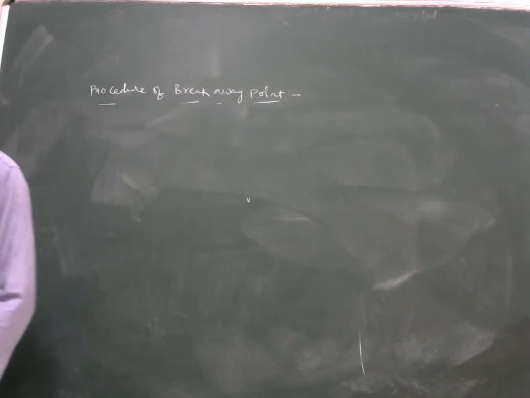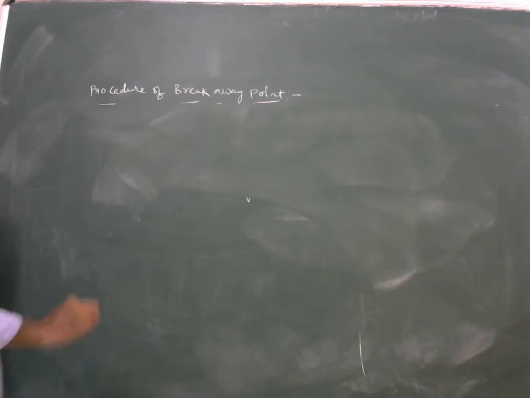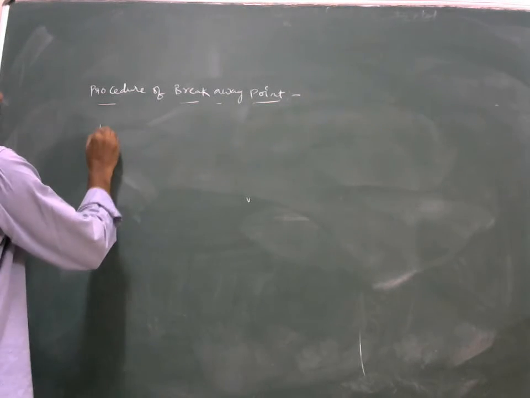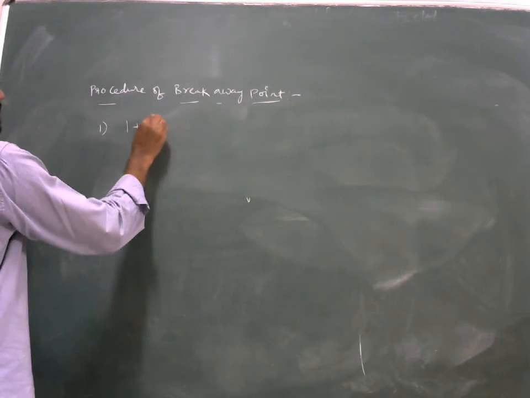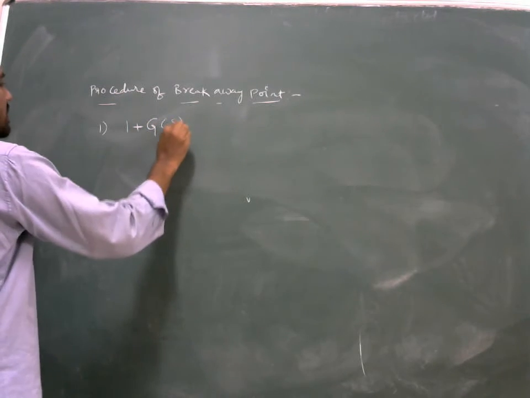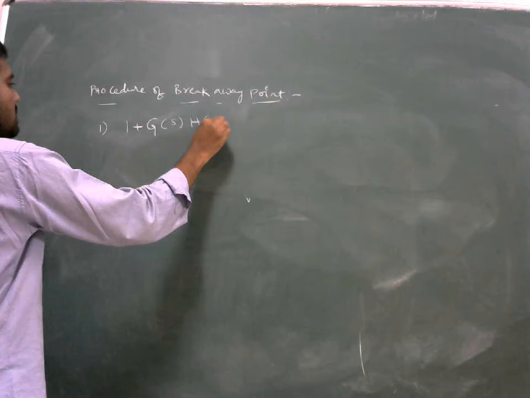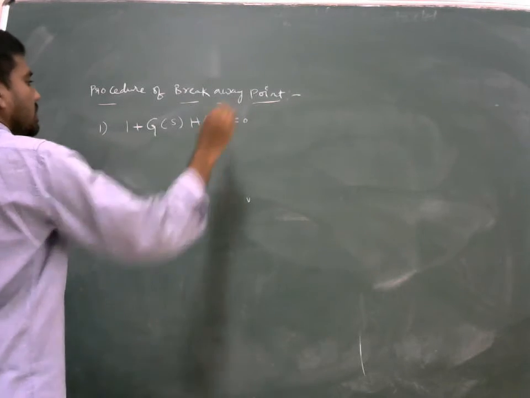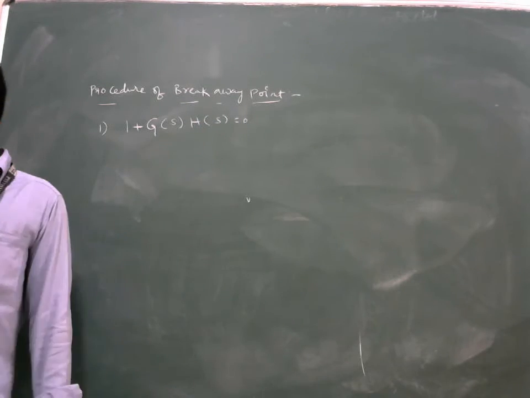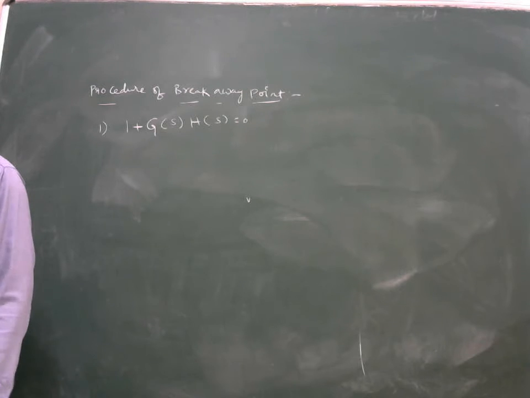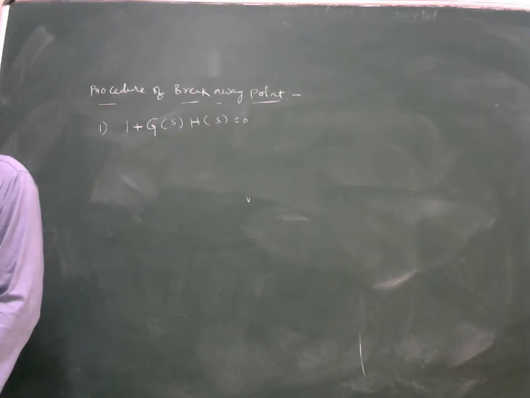What is the procedure of the breakaway point? The first step is to take the characteristic equation: 1 plus G(s) H(s) is equal to 0. From this equation,